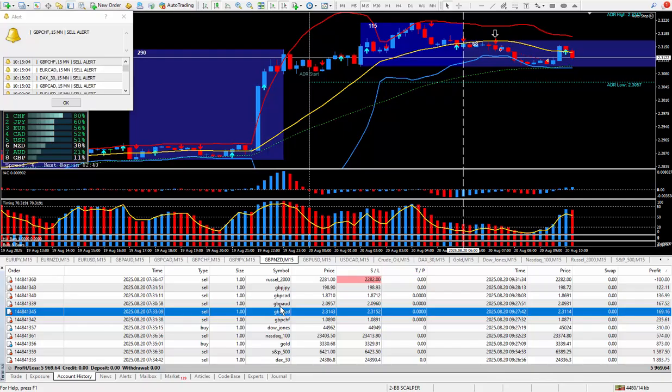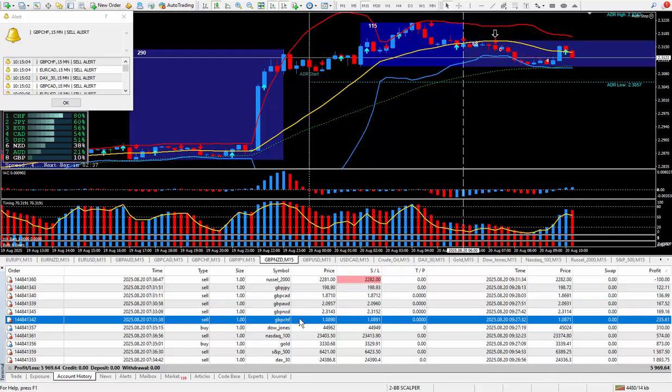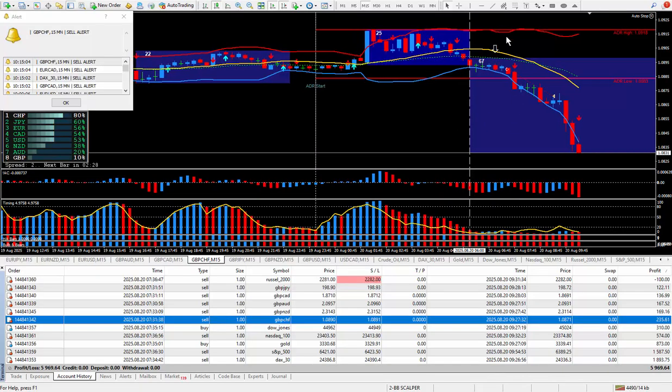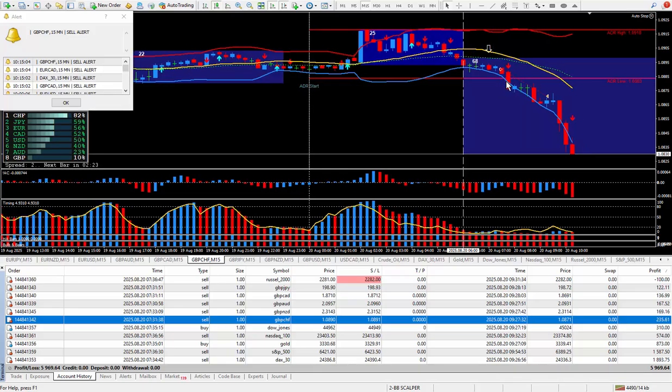$169. Okay, moving right along to the last pound pair I did, the pound Swiss. Let's drag and drop this up, see where I got in at. First of all, arrow from the daily trade plan. There's the super signal. On this candle right here, I knew that the arrow was going to pop up, and